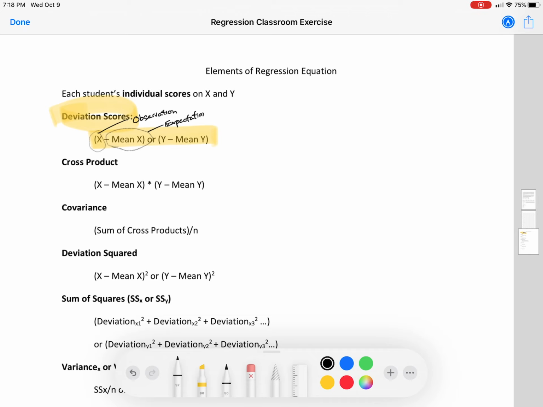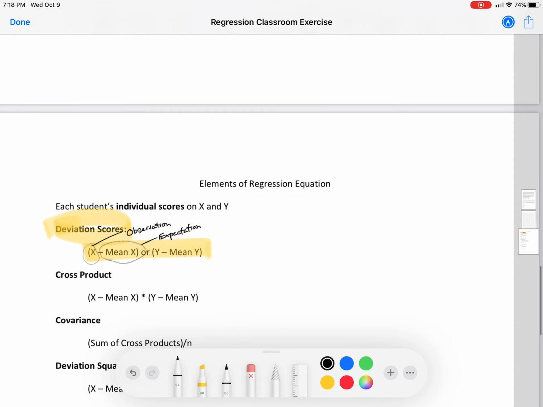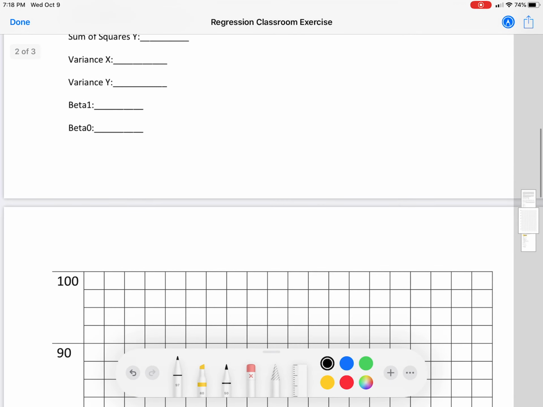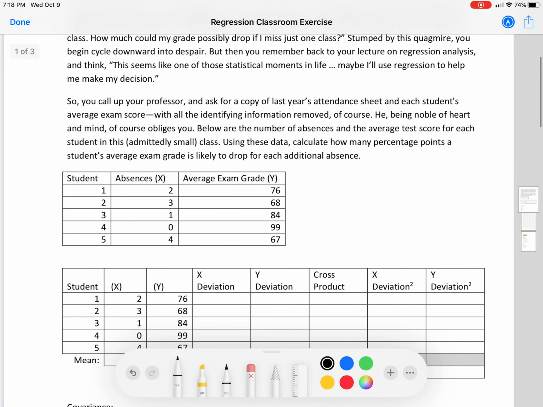Remember, in this case, if you know nothing about anyone in this class, your best expectation for how anyone performs on the test is going to be the average exam grade of the class. So taking all of these, the average of these is your expectation. This is like the null hypothesis. In other words, if no one differs at all systematically from each other, this is how people are going to score,